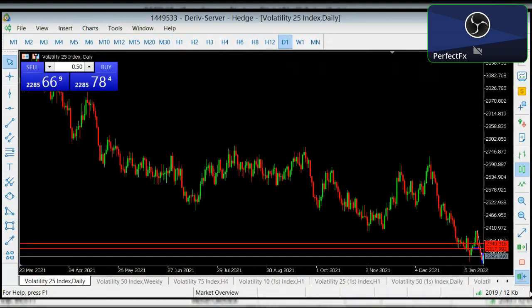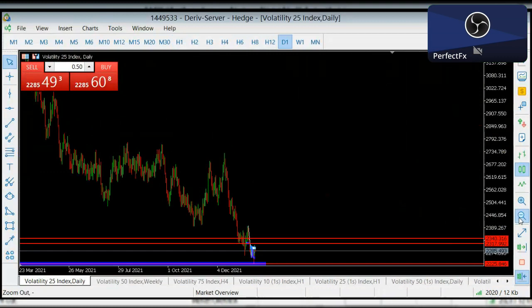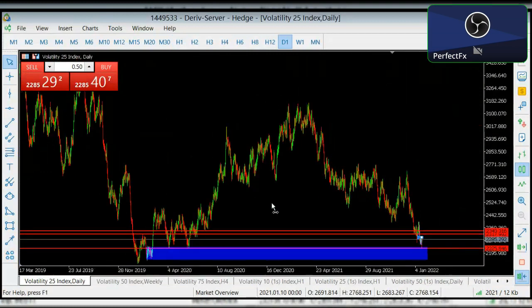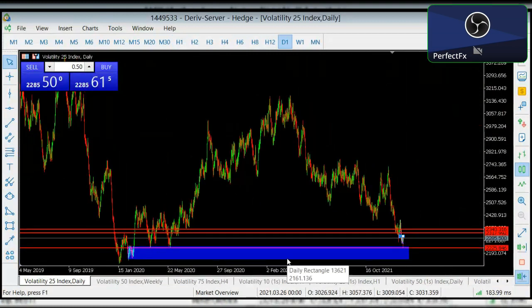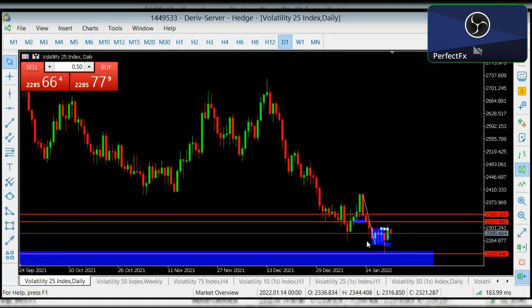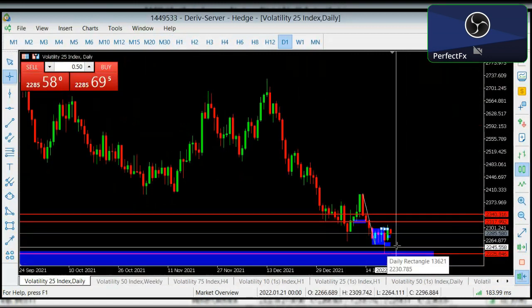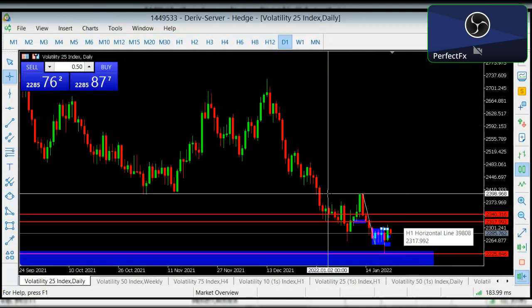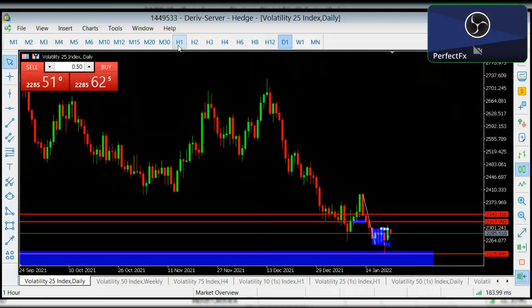Okay, let me just quickly zoom. Can you see, guys? This analysis was dropped on the general group, my free Telegram group. The analysis was that price was going to fall into this zone, into this point, and then push to the upside. And as you can see, price has reacted accordingly, dropped into the zone, and we are having a bullish move at the moment.